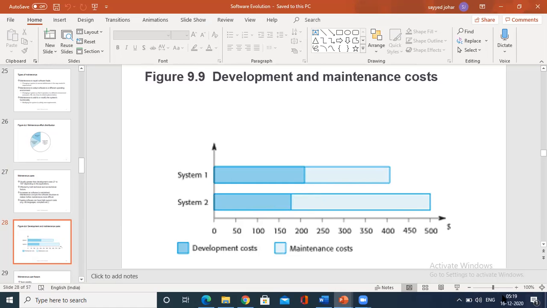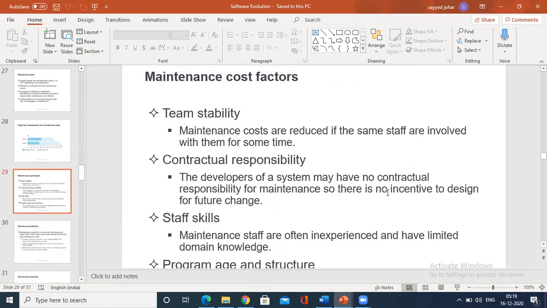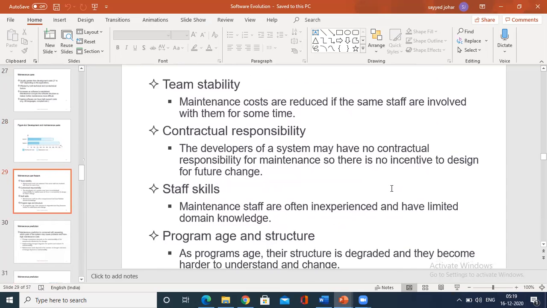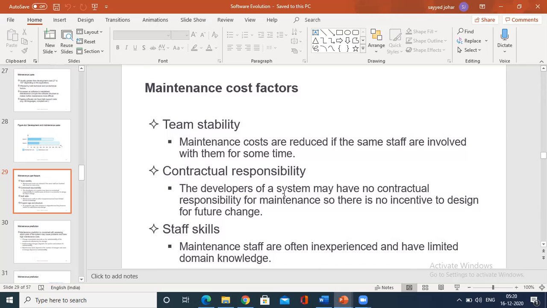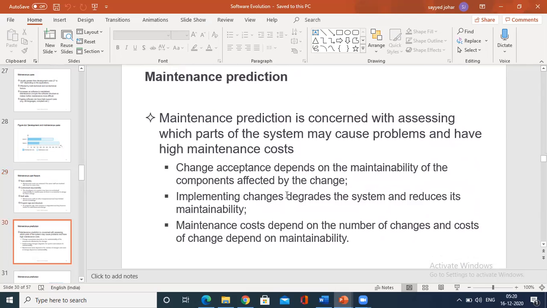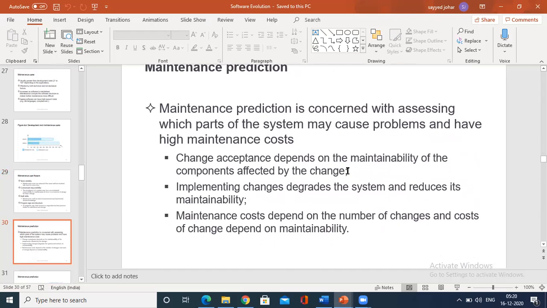So before that, let me go to the concept of maintenance prediction today. What are the factors that matter for maintenance? Let me focus directly on what prediction is. Prediction means you predict, right? Whether it is a game of cricket, you predict based on specific data what will happen in future.